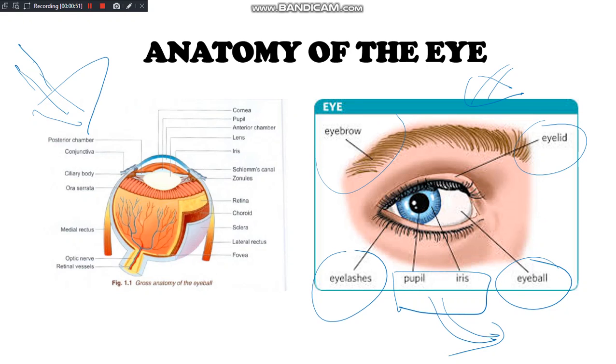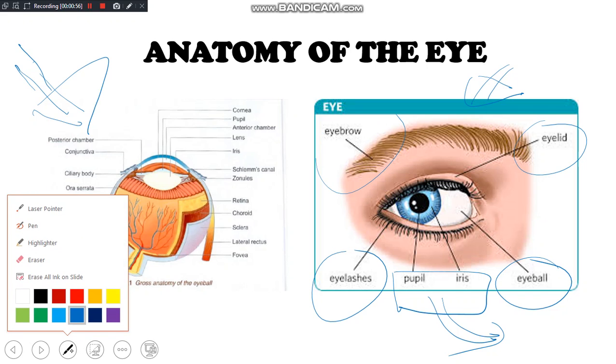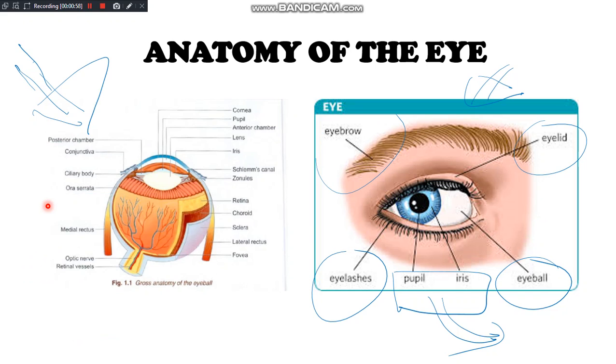Talking about the gross anatomy of the eyeball. So the eyeball looks something like this. And now let me tell you the different parts of the eyeball. So the first thing here is your cornea, that is the outermost layer and the most anterior part of the eyeball, which continues posteriorly as the sclera. The cornea continues as the sclera, the one in the blue. Can you see that? Fine.